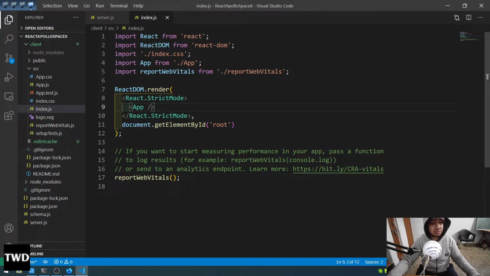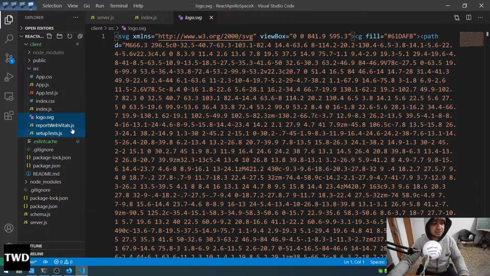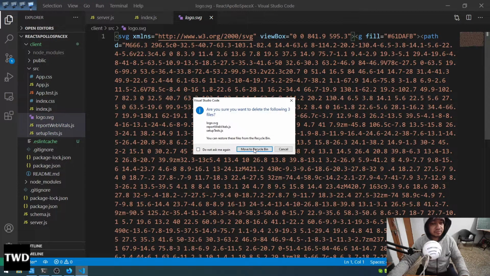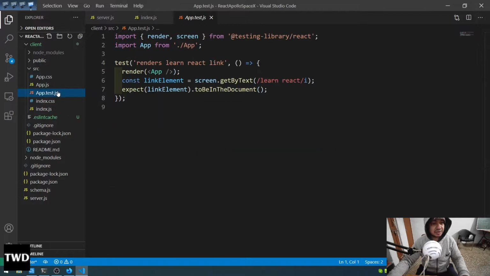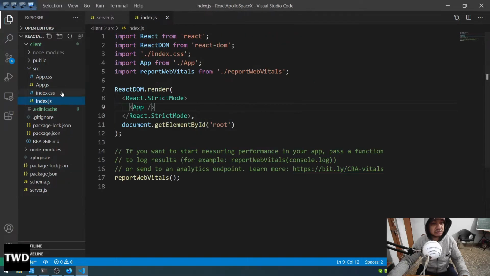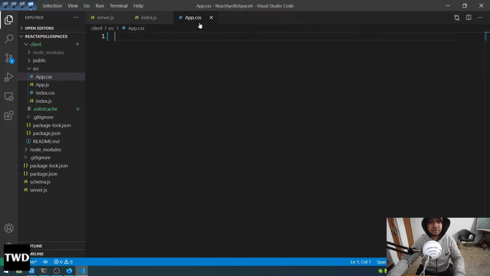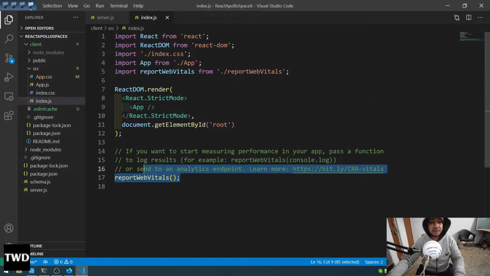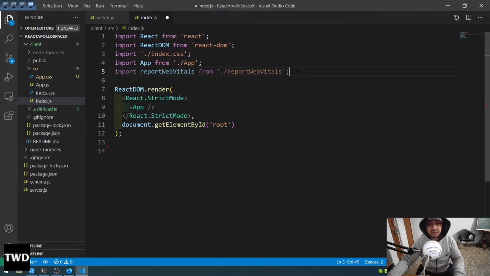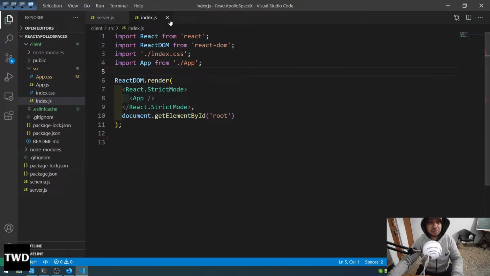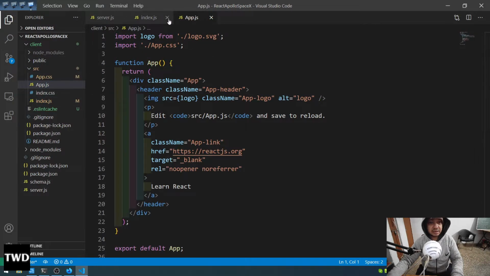So what I am going to do from here, I am going to remove this logo.svg, this and this. Let me remove them, move to recycle bin. App test also I don't want, let me remove this also. App.css also we are not going to use this style, so it's better to remove them. Then in index it will throw me error because I don't have this right now, so let me do it like that. And then in app